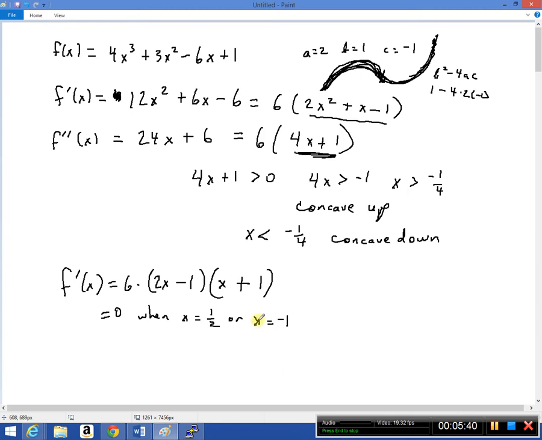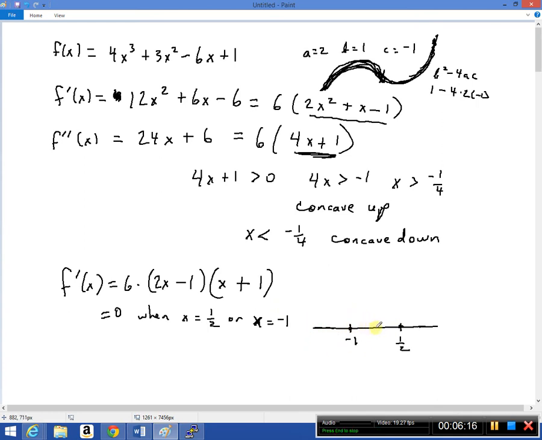Now that's not really what I'm interested in. Those are the points where the derivative is going to be 0, but it's also going to be the places where the derivative changes sign. So you think about it this way. You plug in, you think about -1, and you think about 1/2. These are the places where the derivative is equal to 0. So the derivative is only 0 at those two places, and the derivative is a fine continuous function. So it's going to go positive, negative, positive, or negative, positive, negative, and all I need to do is test